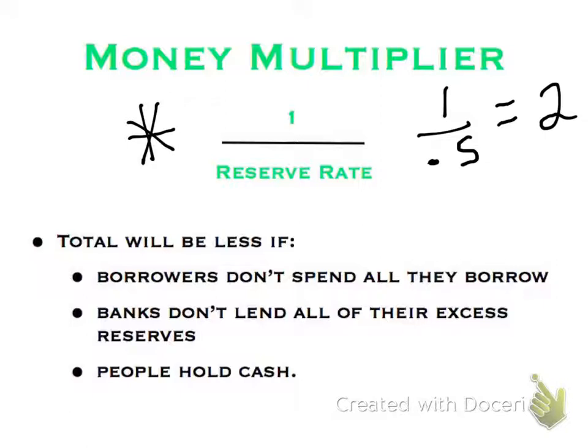So you can see that the reserve rate is a powerful tool of monetary policy, but there are some problems. One, what if borrowers don't spend all the money? That doesn't make any sense, because if you borrow money, you're paying interest on it, but it could happen. This is more likely. What if banks don't lend their excess reserves? And this is what happened during the recent recession. Banks were so fearful of one another and losing their capital that they sat on excess reserves. They simply didn't lend them. And another problem is if people get fearful and they hold on to cash, the whole system is not going to work.